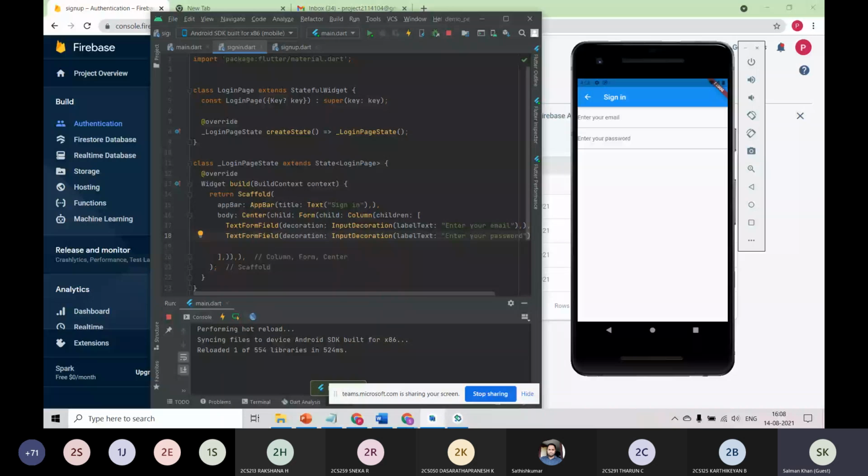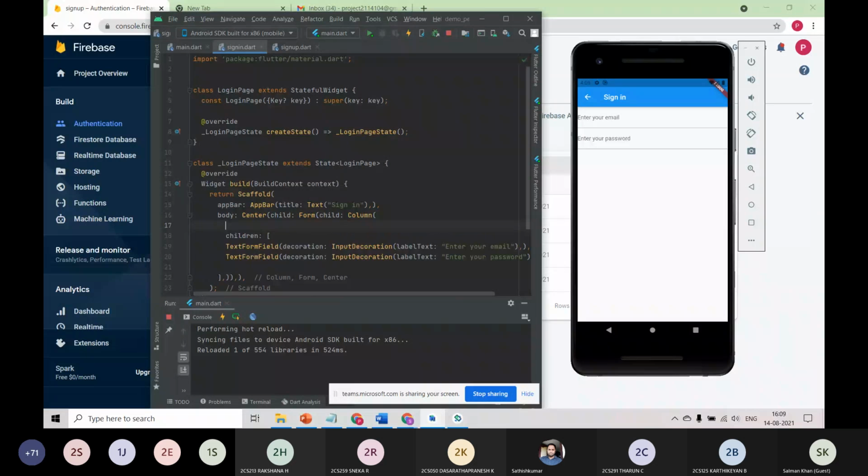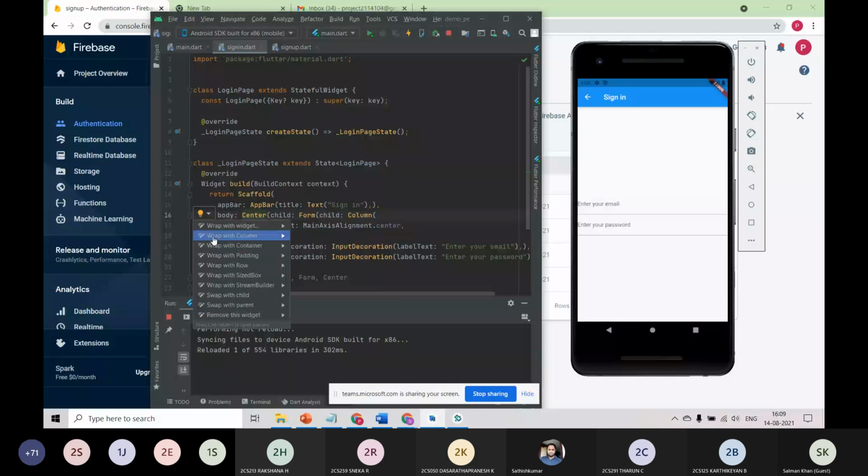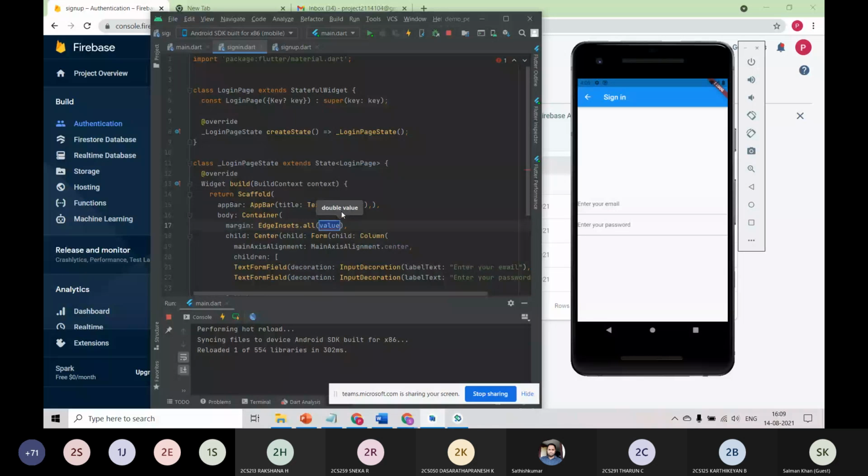I should make it a center thing. Password, enter the email, everything.